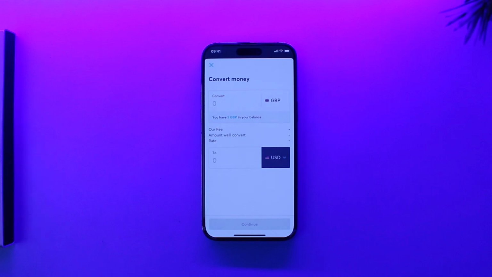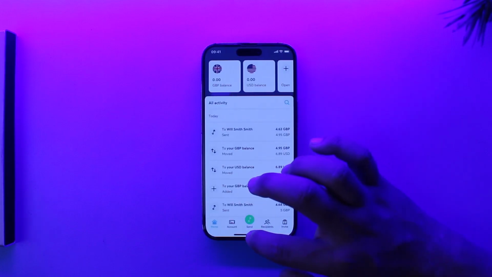to another currency. So I hope this video helped you as to how you can convert your currency on the